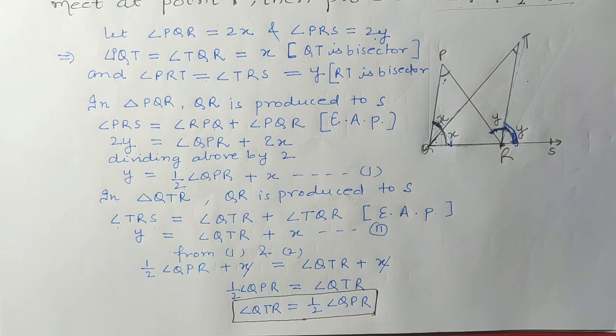One more part will be there. In the next part we'll see the important examples of this chapter, lines and angles. In NCERT some examples are a little bit typical and those are important also. So in the next part we'll see only the examples of this chapter, and then we'll start the next chapter, that is triangles.